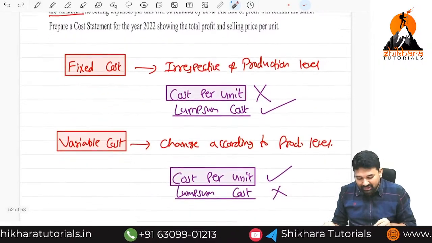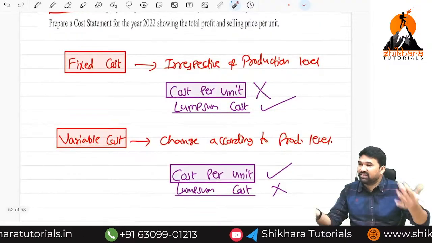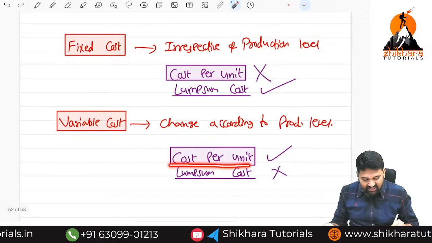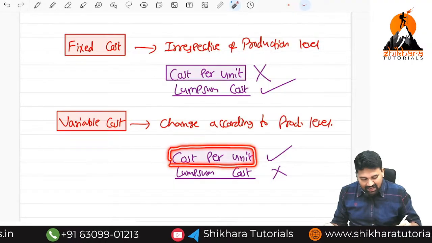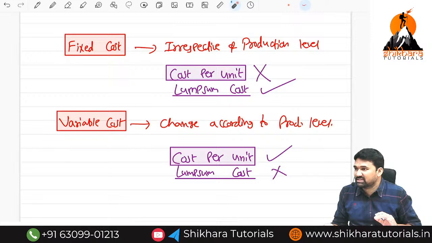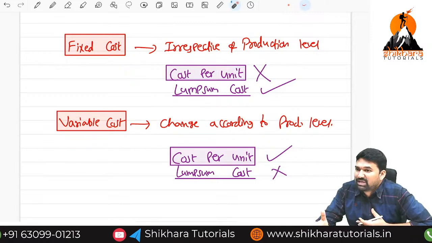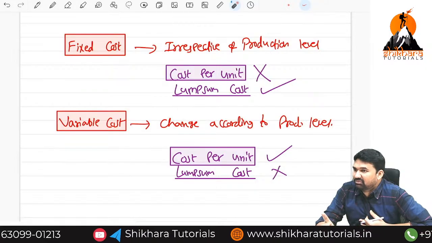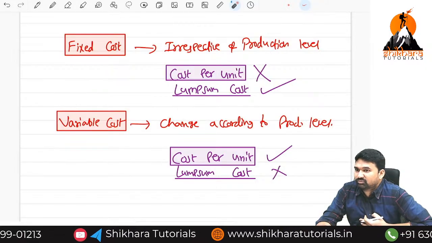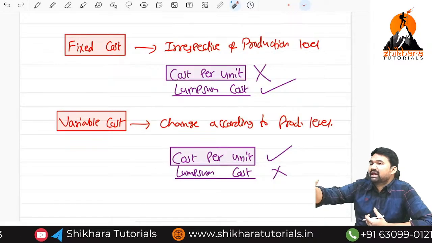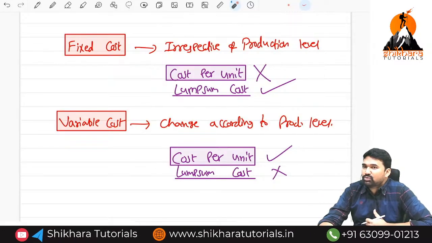But variable cost is quite different. Why is it different? Because it is fixed cost per unit, and lump sum it will not be fixed. For example, you started a biryani point, and one plate of biryani is 200. One plate biryani how much? 200. Only 10 members came on day one. Your sales will be